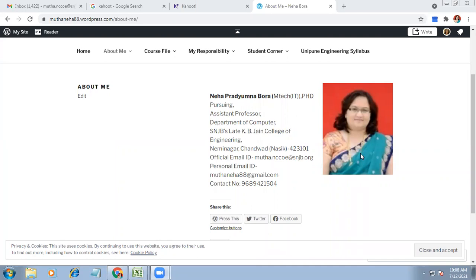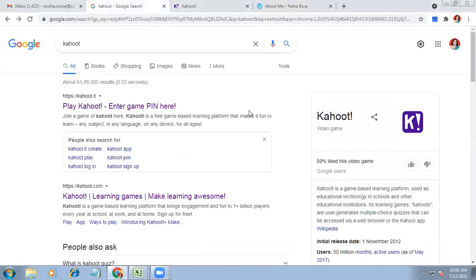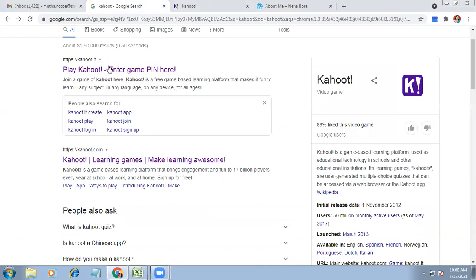Now, as a teacher, how do we create a quiz? We can follow these steps. The first step is to type Kahoot on Google. You can see two websites there, kahoot.it and kahoot.com. Basically, kahoot.it is for users to enter the game, and kahoot.com is used by the teacher to create the quizzes. So once you click on this,